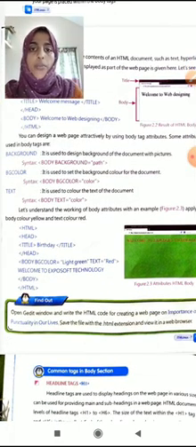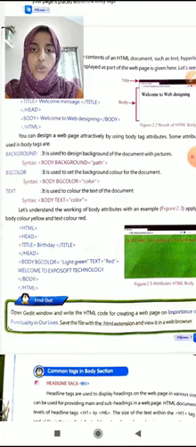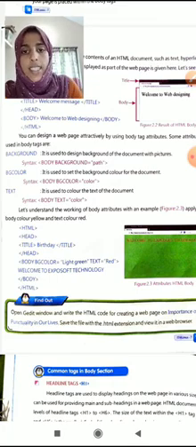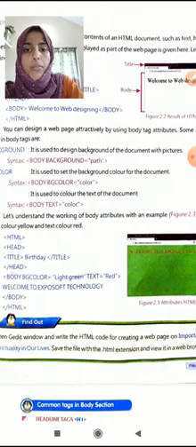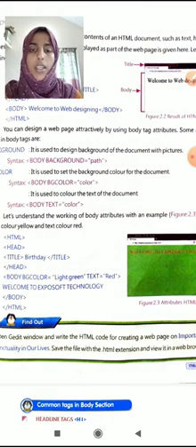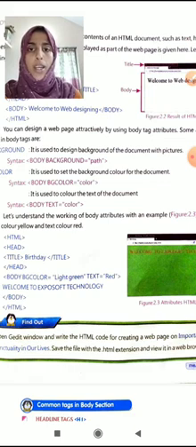The background is used to include a picture or image as background. The syntax is <body background=path>. Here body is the tag, background is the attribute and path is the attribute value. If you want to insert a picture as background, then you can give the picture name as the path.